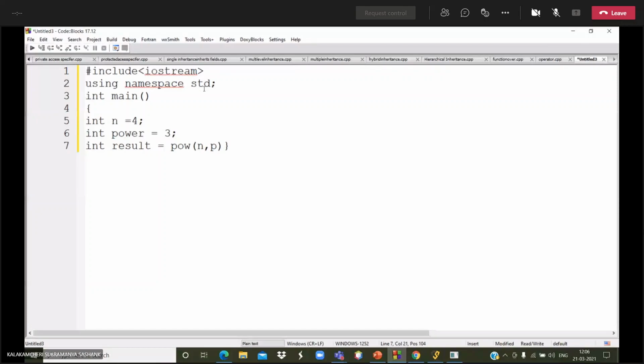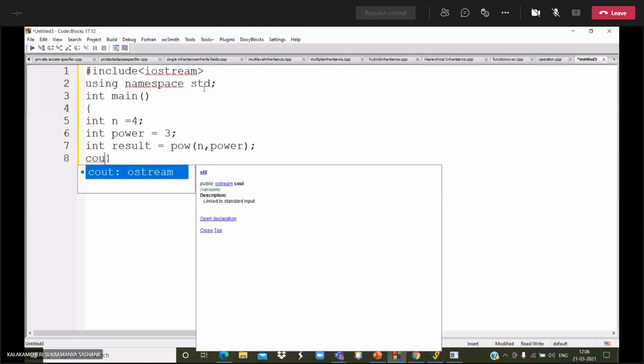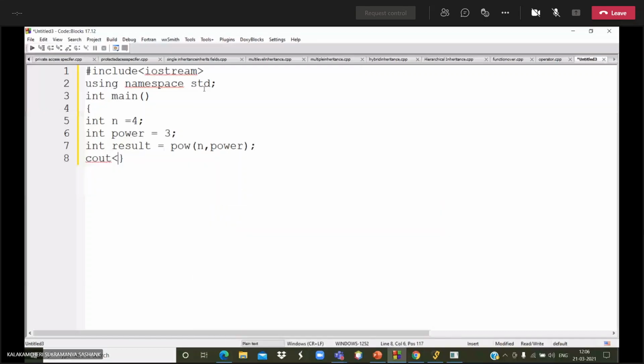Then I am printing the result. That's it. I am returning the function.